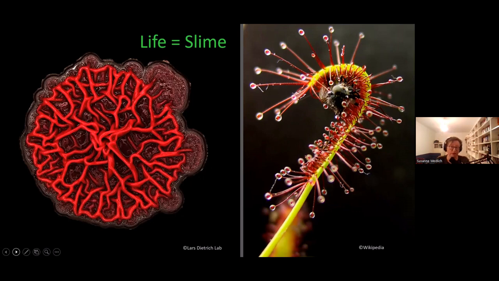Like that sundew here. It's a carnivorous plant, of course, and it has those sticky droplets to catch prey, like flies or other insects. And I have to say that animals use glue traps, the slimy glue traps as well. So that's really popular. Plants also have slime on their roots to store water and to communicate actually with other organisms in the soil. So yeah, slime is basically everywhere.